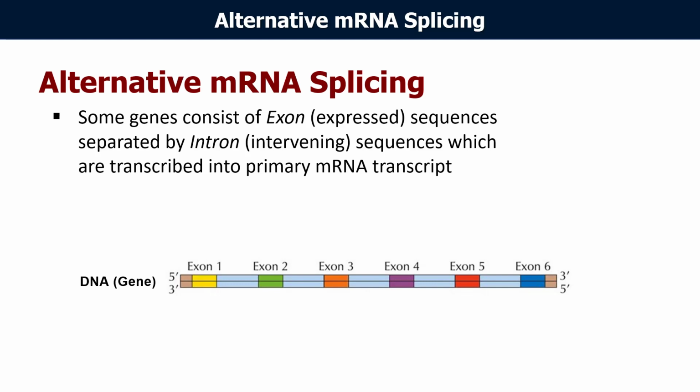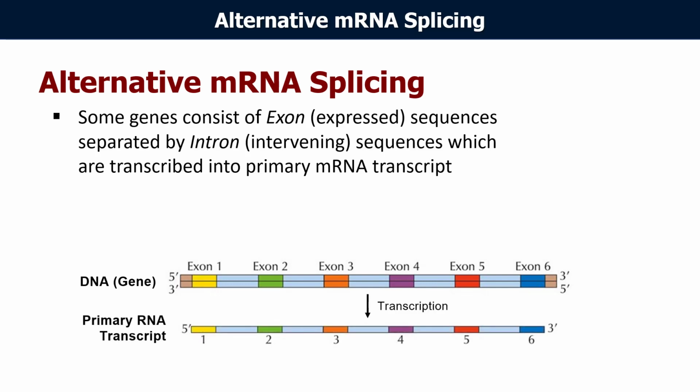But we need to think about these intervening intron sequences, which are shown in blue. So the blue regions in between are called introns, and these regions are not expressed. In other words, they're located in the gene, but they do not contain information that is supposed to be translated later into a protein. Nonetheless, both the exons and the introns get transcribed into what we'll now call a primary